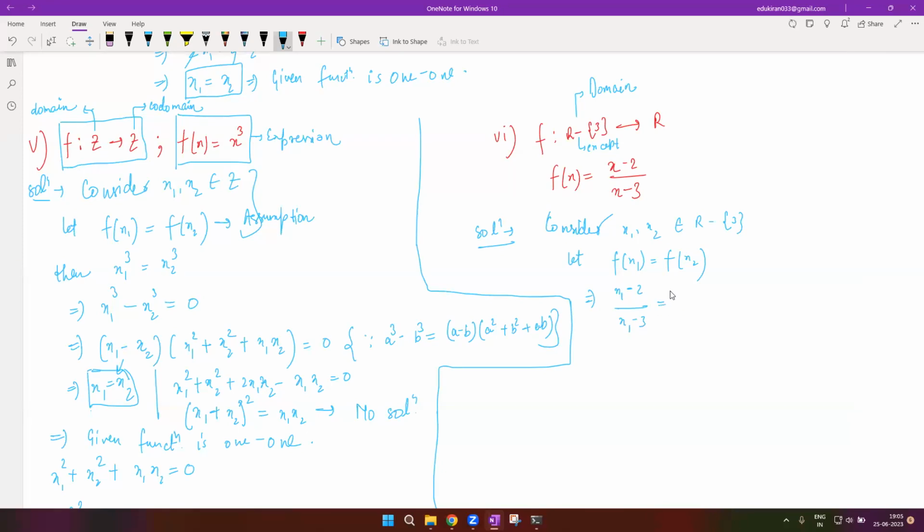And what would be f(x2)? x2 minus 2 divided by x2 minus 3. Both of these are equal. Now we have to solve them and find out the solution. So you can cross multiply them. For cross multiplying, I'll be multiplying x1 minus 2 with x2 minus 3, and x2 minus 2 with x1 minus 3. So the solution will be like this: x1x2